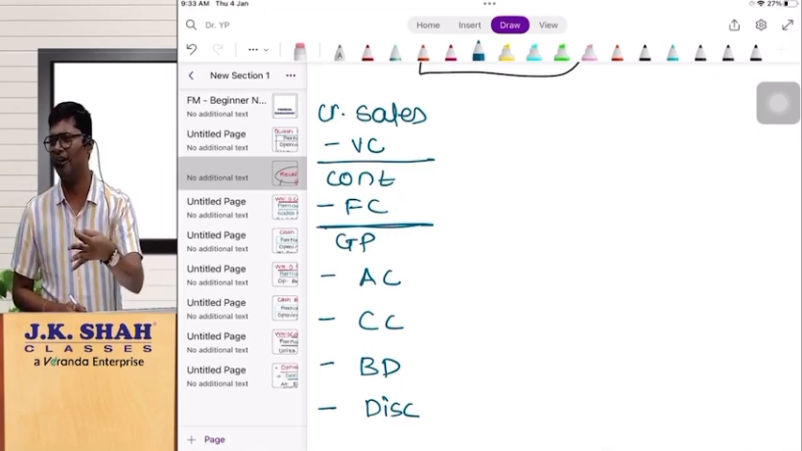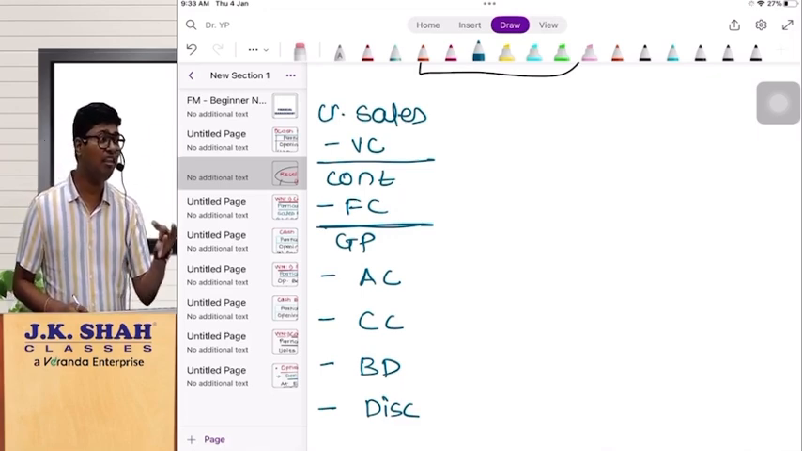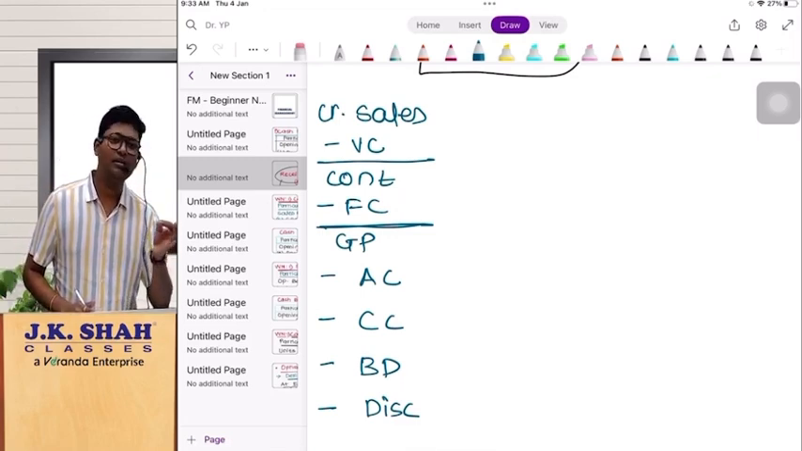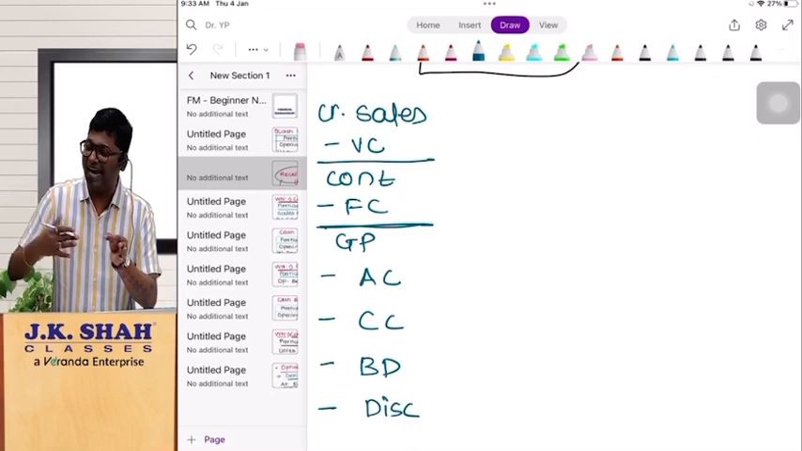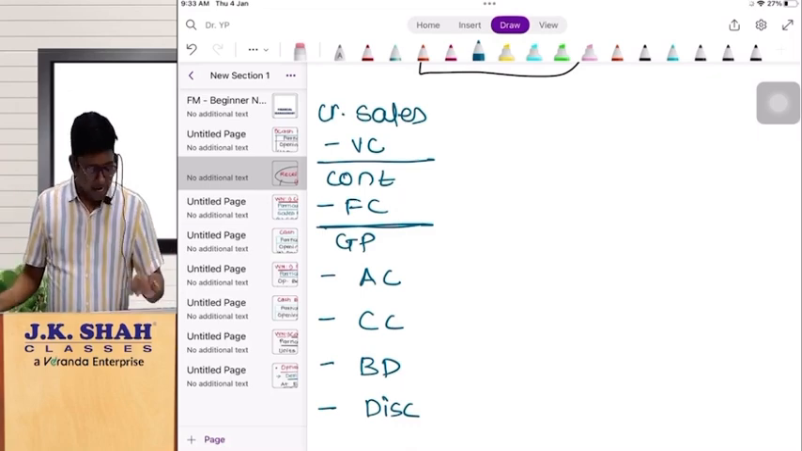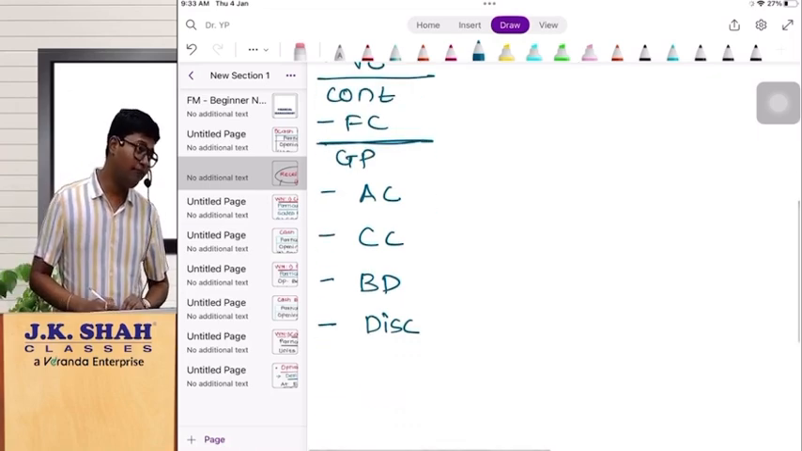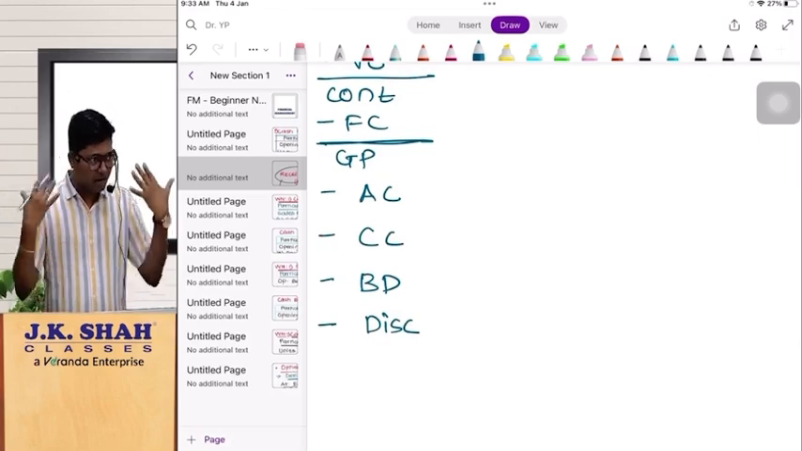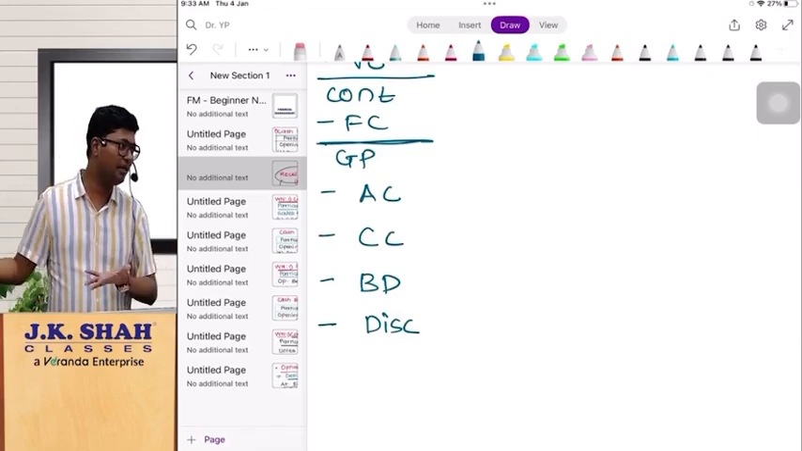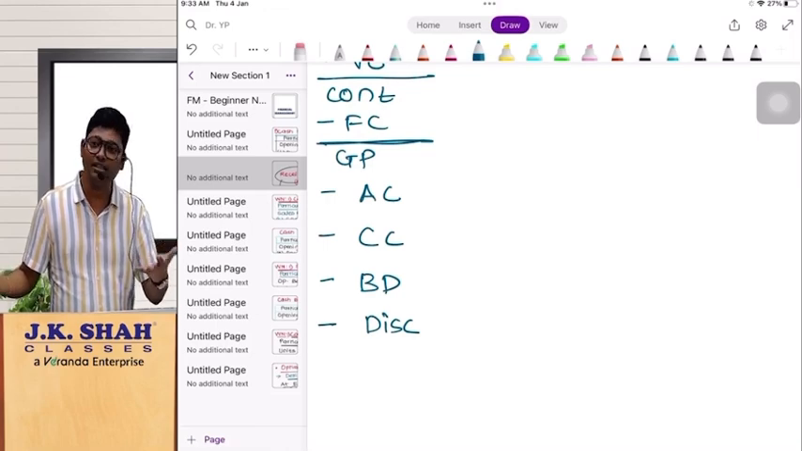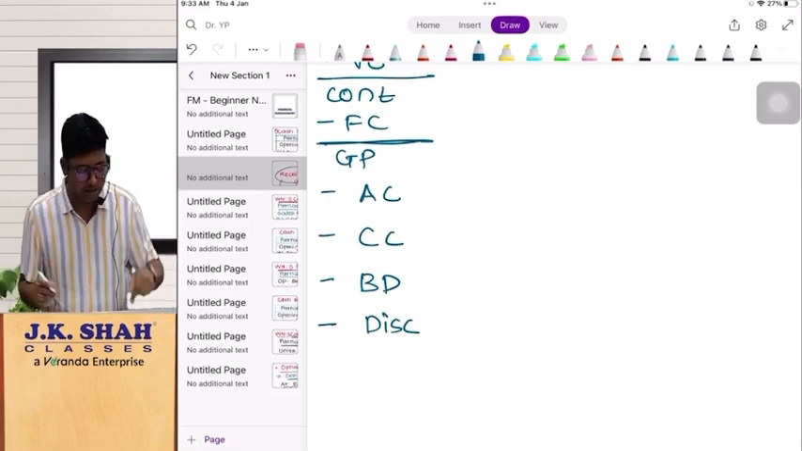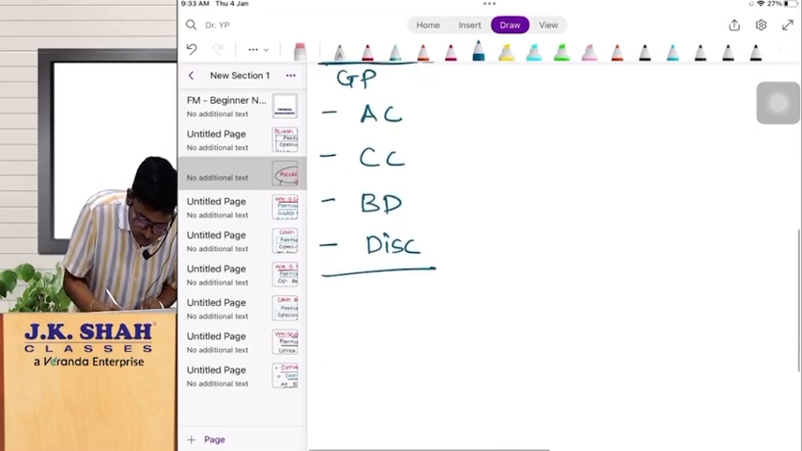What is AC? Administration cost. CC, collection charges. BD is bad debt. This is the risk which is involved in extending the credit periods. And one more thing, you can offer your customer a discount. The ultimate objective of this chapter is attracting more and more customers. That's why these are all benefits which we are offering them. These are benefits for them, but the same benefits are considered as cost for the company. After deducting this, you are going to get